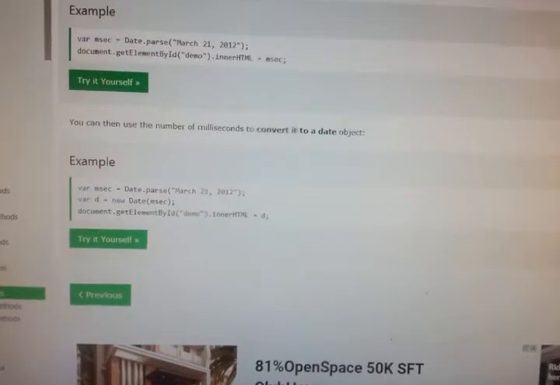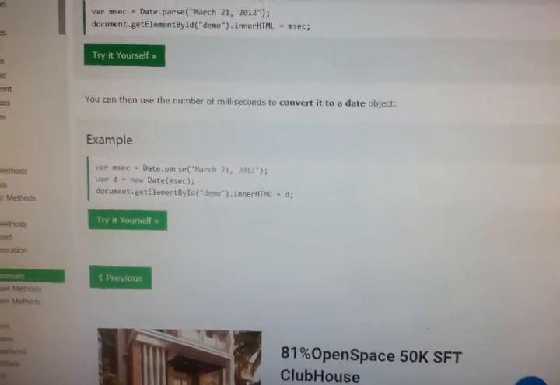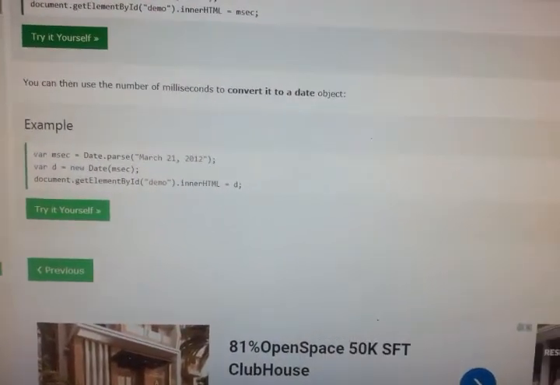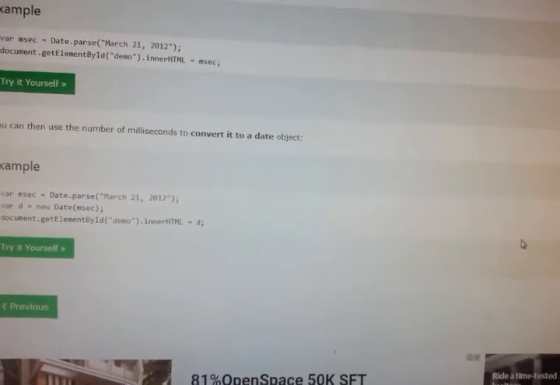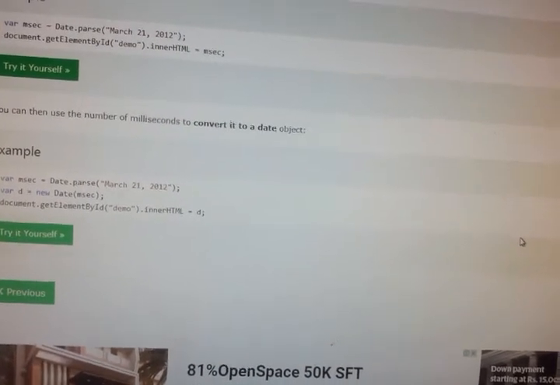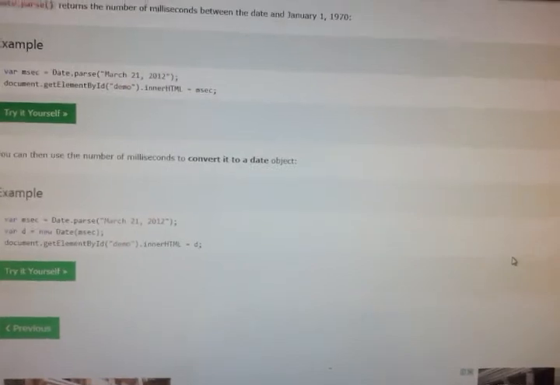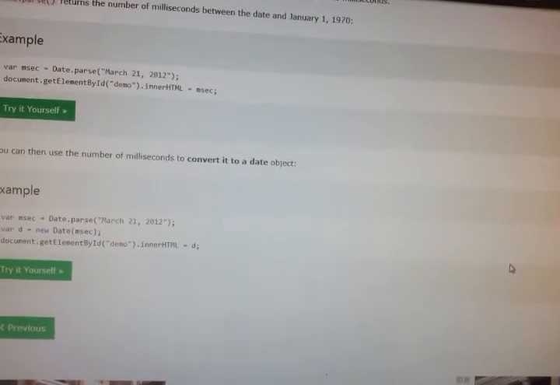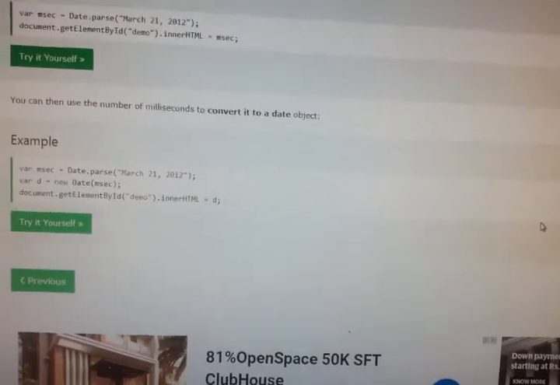Now we will see how to convert milliseconds to a date object. Look at the example. We have taken a variable called msec. We have written date dot parse.